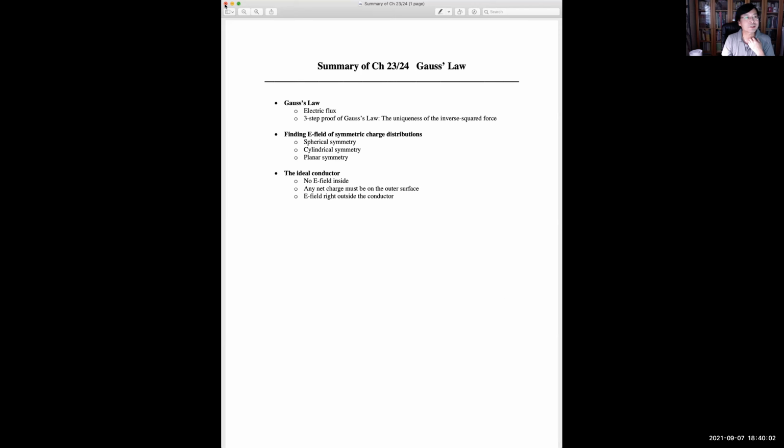All right, I'm going to post this document for you. So when you read through this document, pause at every entry. You read electric flux and you close your eyes and say, electric flux, do I understand what it means? 3-step proof, do I remember what these 3 steps are? Make sure you understand, then you read the next one. If you understand each and every item here, you're pretty much covered for the content of the chapter. So if you don't have any immediate question at this point,